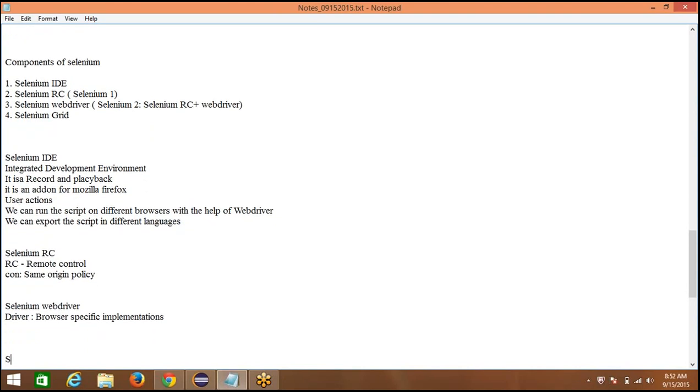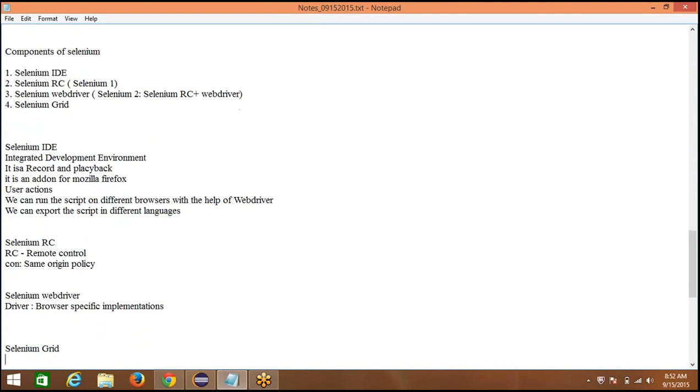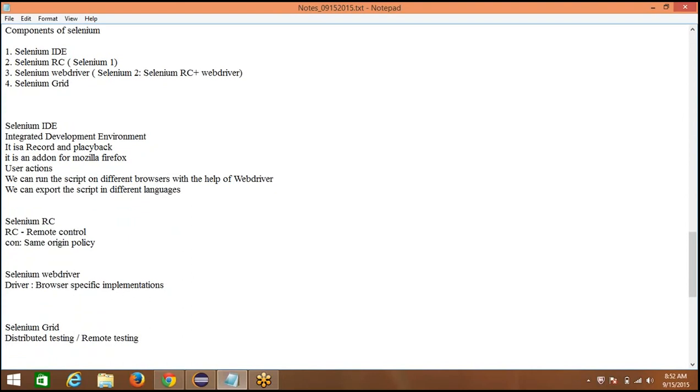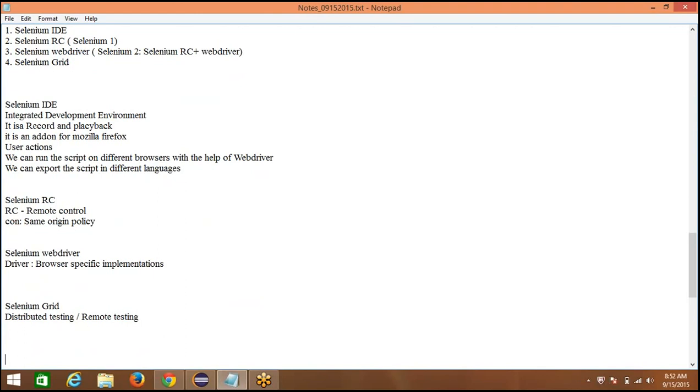And Selenium Grid. If you want to do distributed testing or remote testing, I mean to say, suppose you have some scripts and you want to execute the same scripts on another machine, which is a remote machine, then you integrate the components of Selenium Grid so that we can execute the scripts.